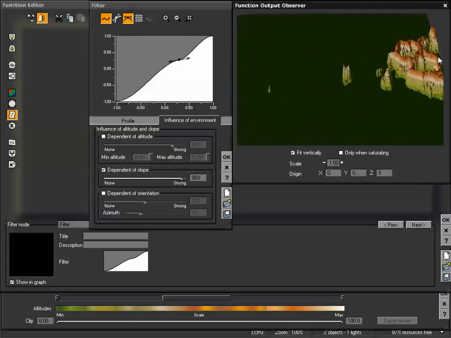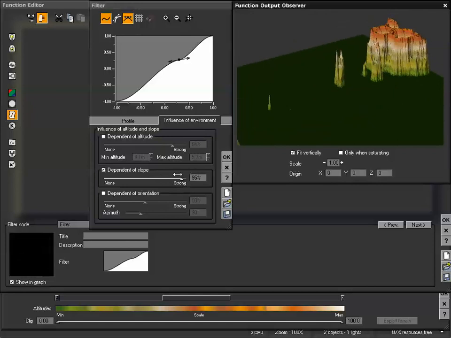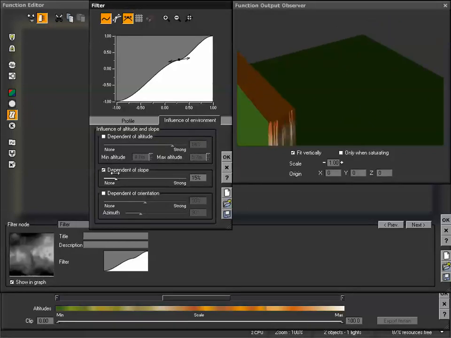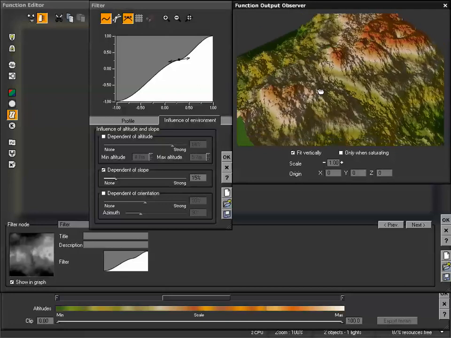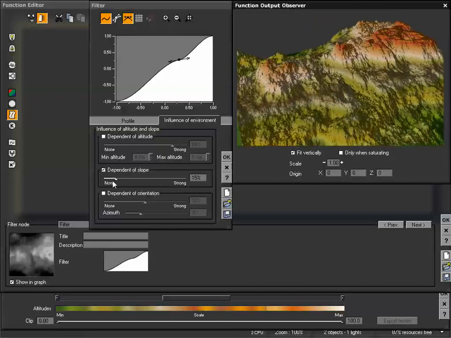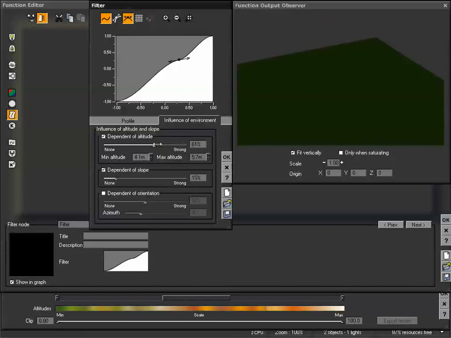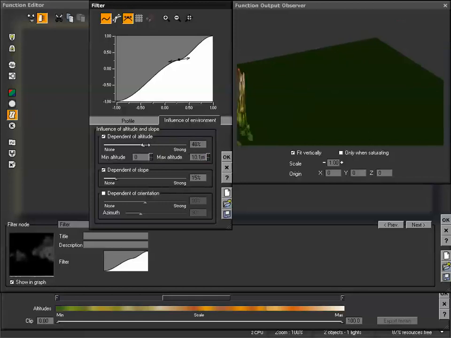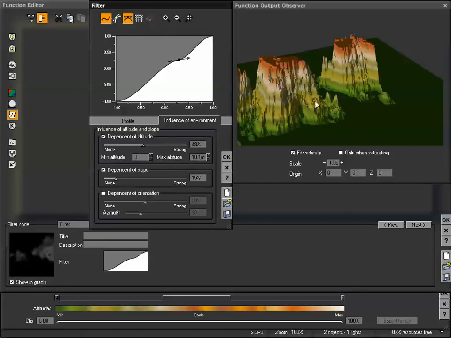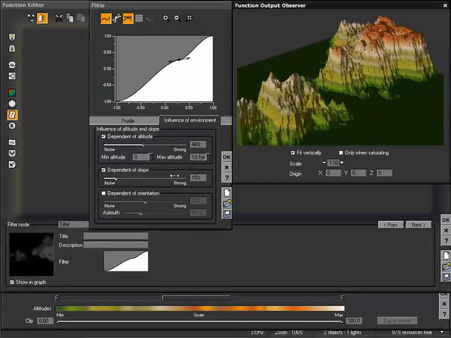And once we bring it up to a very high amount, we just have that upper part. And bring that down. And we're just adjusting which parts of the overall slope that we see. Lower values on the bottom and more steep values towards the upper part. We can use these both together. Change our minimum altitude down to 0 and our max up to about 10, where we were before. And we could decrease our altitude level. And we can see they work